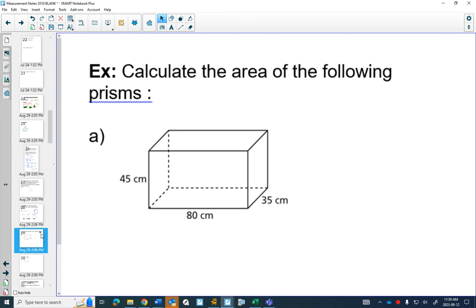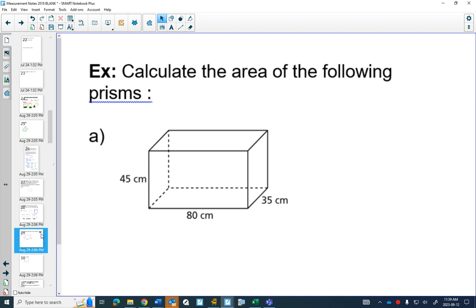I want you to try this one on your own. I'm going to help you a little bit with the setup so that you have enough room. One of the things with these questions is that we have to do a lot of easy calculations. It's very easy to become unorganized when you do your math. Oh, I'll do an easy calculation up here, and one down here, and one over there. So one of the things we want to try to do when we have to do lots of easy calculations